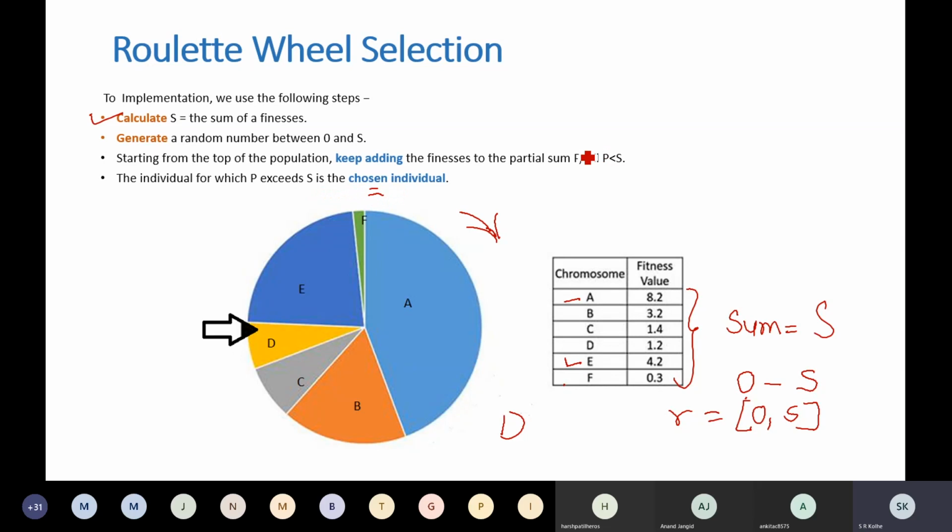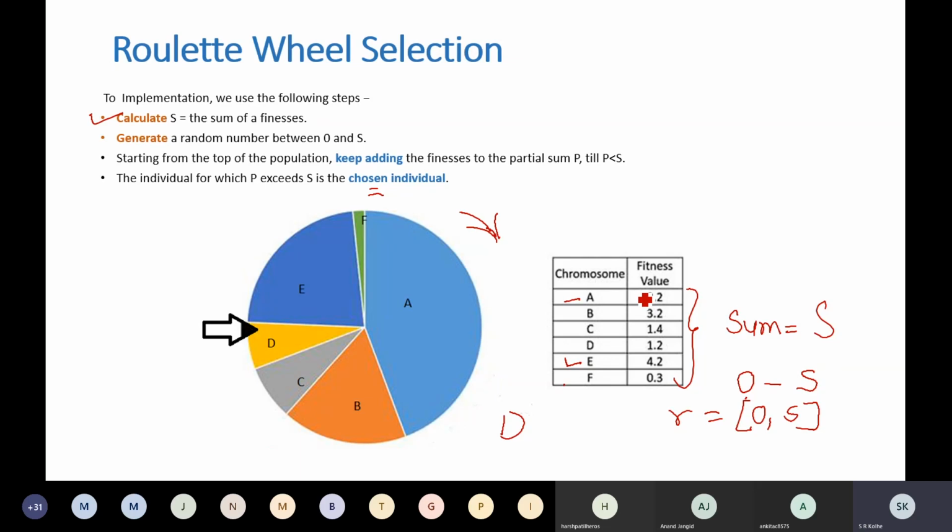Again, I am repeating: you sum all the fitness values, so that will be S. Generate a random number between 0 and S. Start with the top of the population. For example, start with A, whose fitness value is 8.2. Keep adding the fitnesses to the partial sum P, initializing P with 8.2.